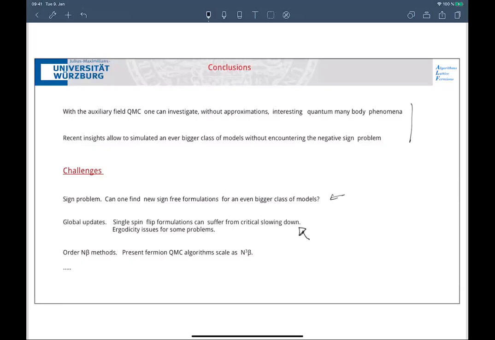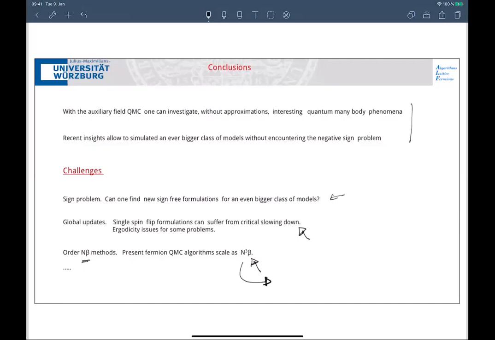I think that one should be able to progress. I'm not saying that we have been able to so well, but I think it seems to be possible to try to get better updating schemes so as to cure critical slowing down near critical points, and for cases of models like electron phonons, for example, that's a classical model. And then there's another question: all our Hamiltonians or all our methods are slow. I mean, N cubed times beta. Supercomputers are getting bigger and bigger, you get more and more cores, but N cubed is still very slow. And the question is, is it possible in some way to generate methods which are efficient and which scale better?